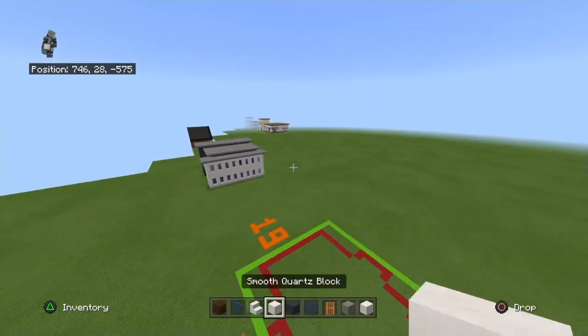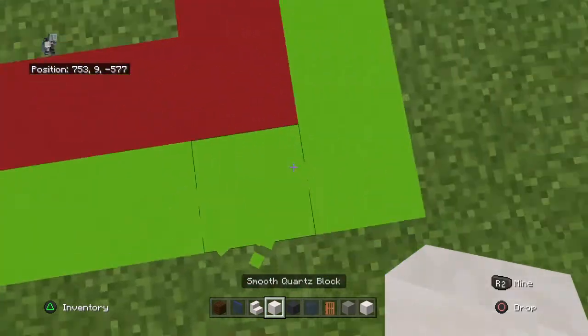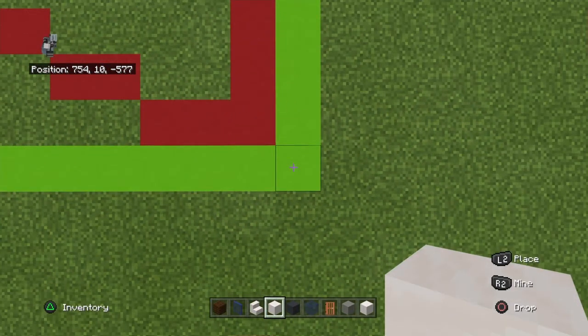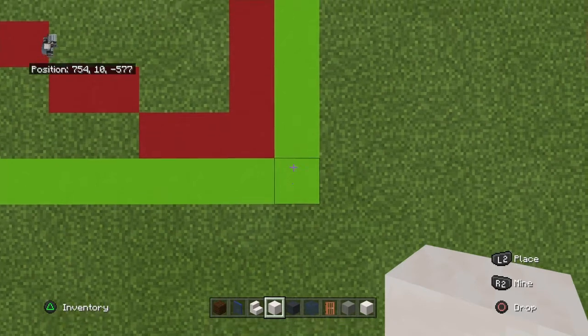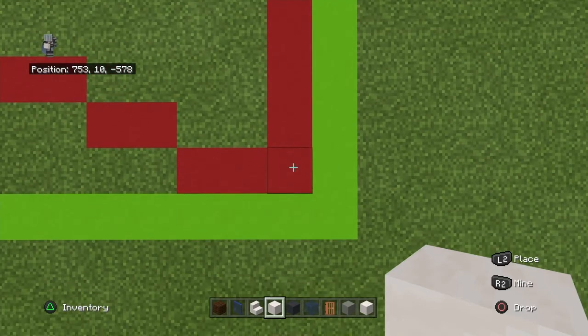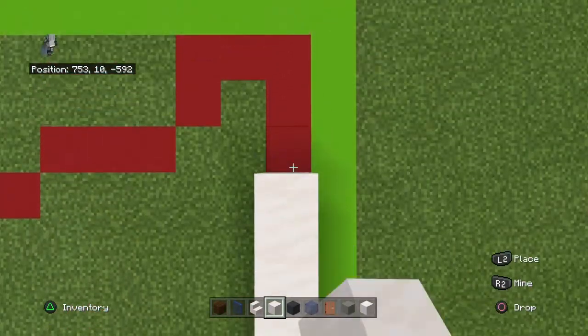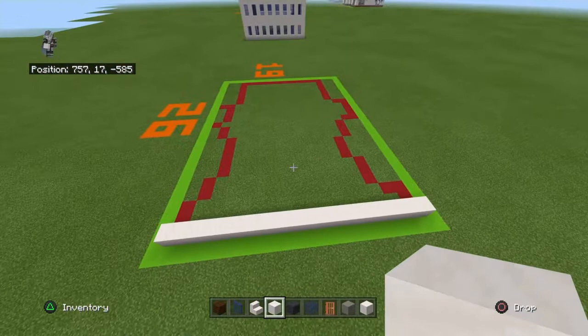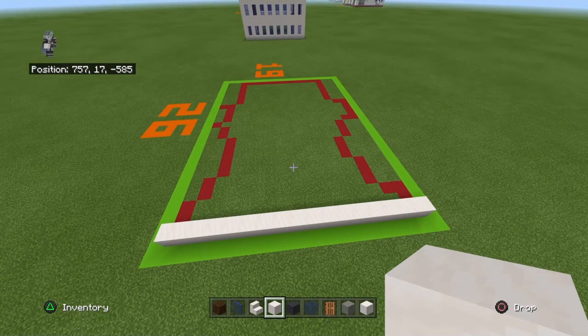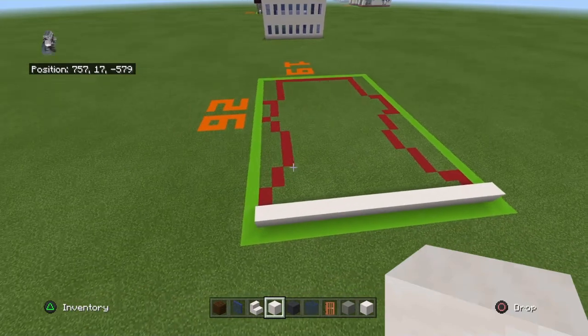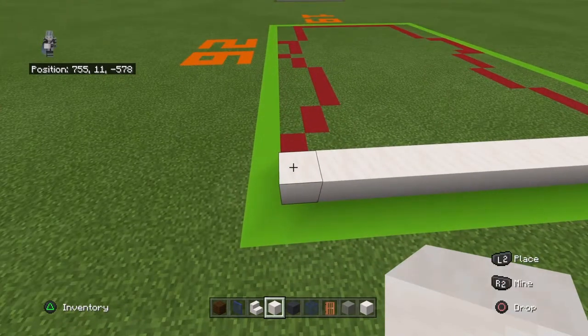So we're going to start from the front right hand corner of your 26 by 19 grid. Count backward diagonally to the left by 1, and going back you want to place, I believe, 17 smooth quartz blocks. Just like that. Then going front to back or back to front does not matter, you want to place a smooth quartz block,